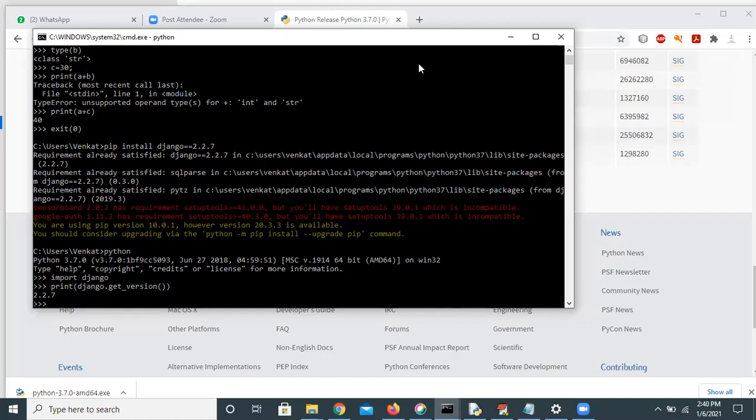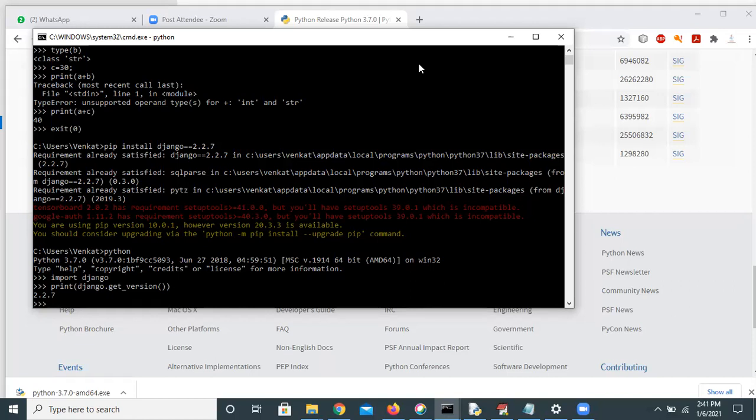Import Django. If Django was installed, then it's not giving any mistake or any error, and it will directly go to the next line. Then which version is installed, I need to know. At that time, we do it like this: print Django dot get underscore version. Which version of Django we are using right now, we can identify. The latest we have is 3.1. For example, I said 2.7, but the latest version of Django is 3.1.